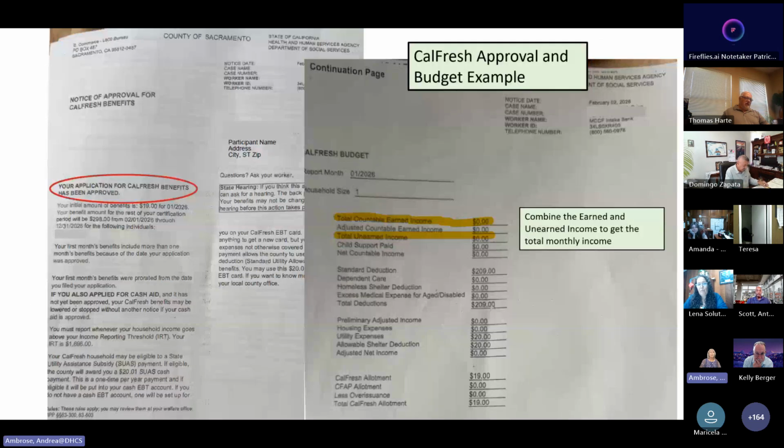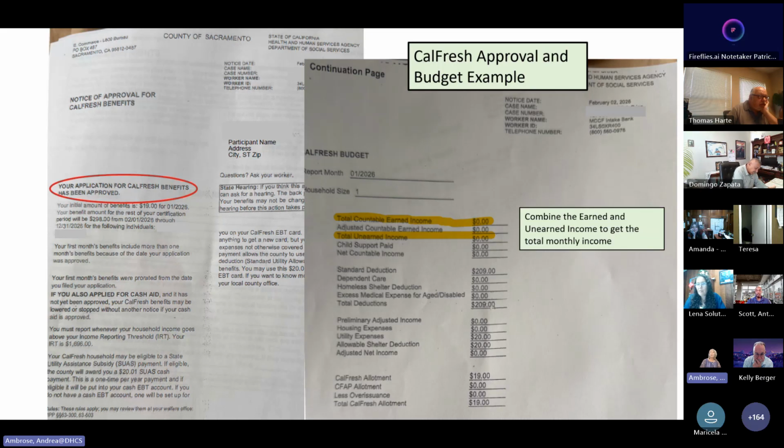So here's an example of someone that's approved for CalFresh. And you can see on the left-hand side, the first page shows that their benefits for CalFresh are approved. And then the next page is the CalFresh budget. And I've highlighted here the first couple of lines.